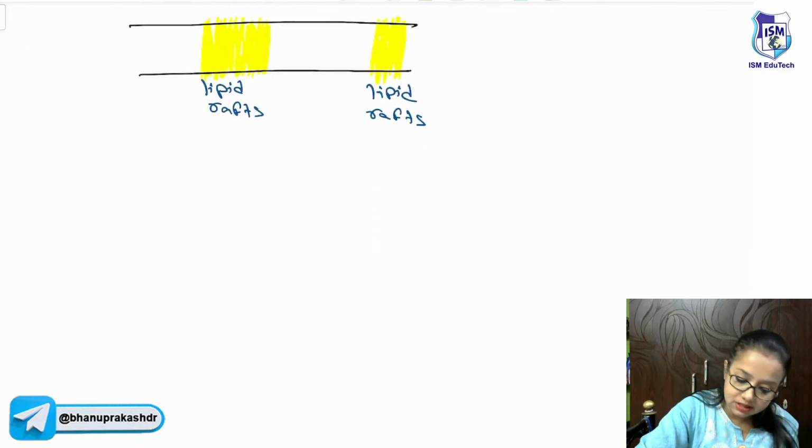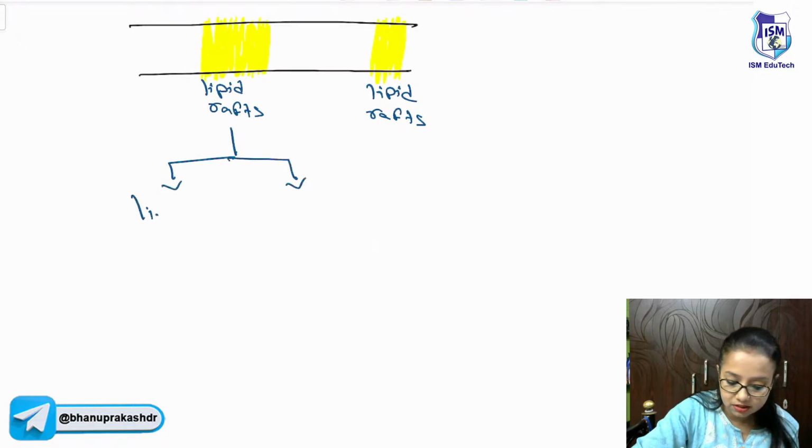Now, these lipid rafts can be linear or they can be in the form of invagination, which is